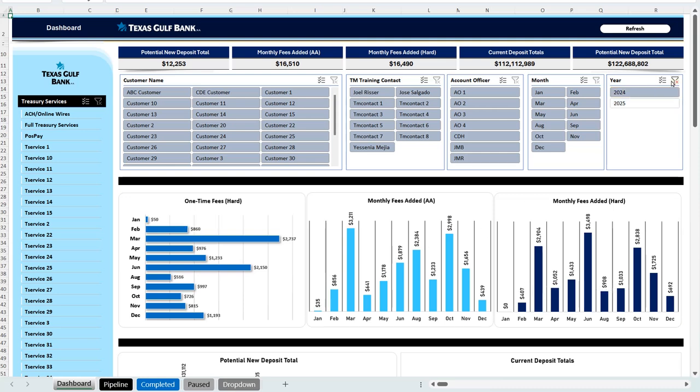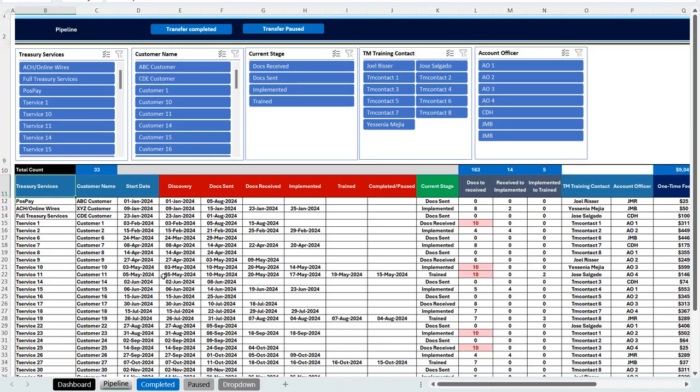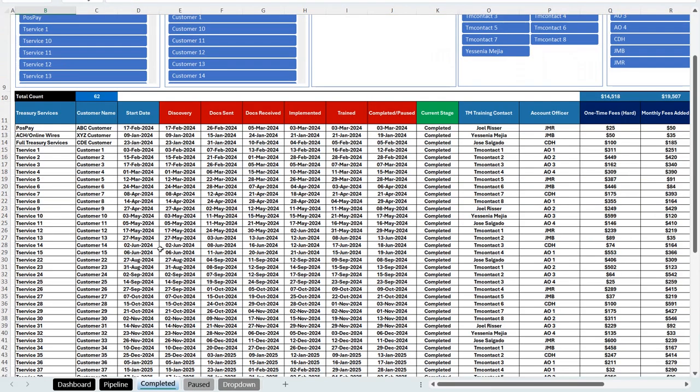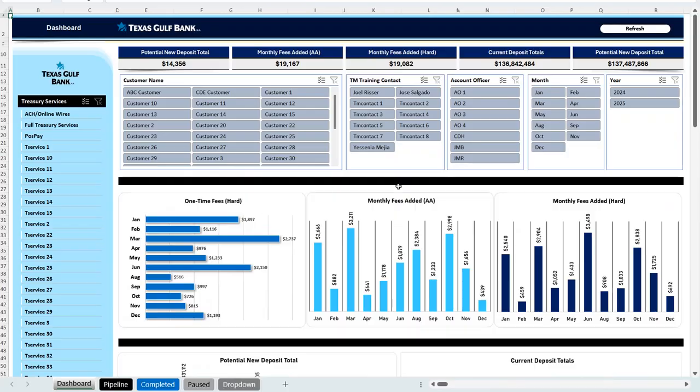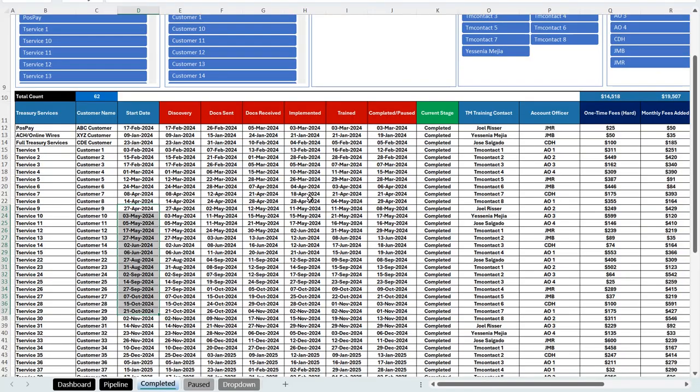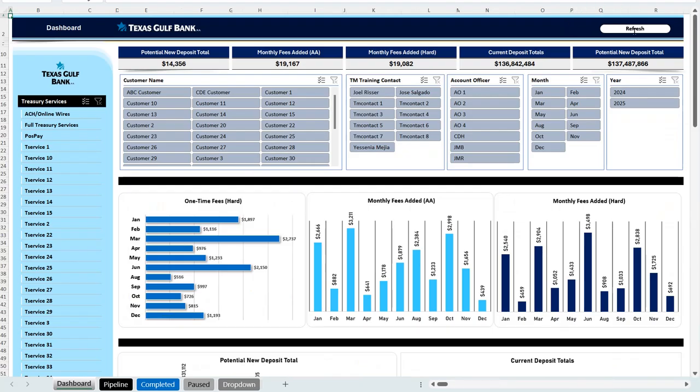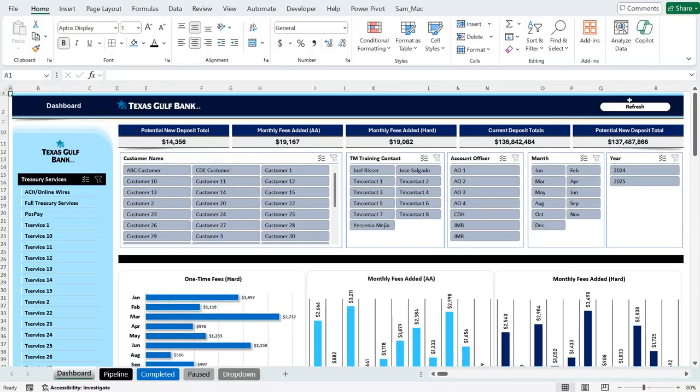The reason I have that year is that you can use this file forever. As long as you have more data in the completed sheet, in this column, it will automatically add the data respectively with what we have. One thing to note here is that when you change the data here or get new data, you need to refresh, so you have to click on that refresh button. As soon as I give you the file, there will be a place where you simply have to enable macros before you